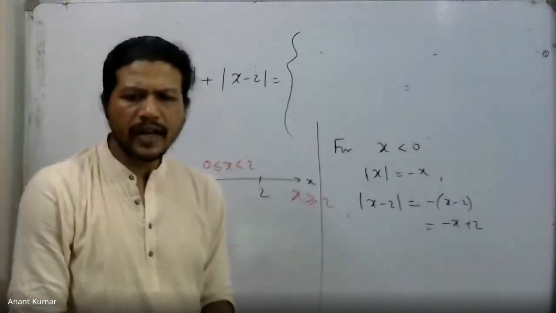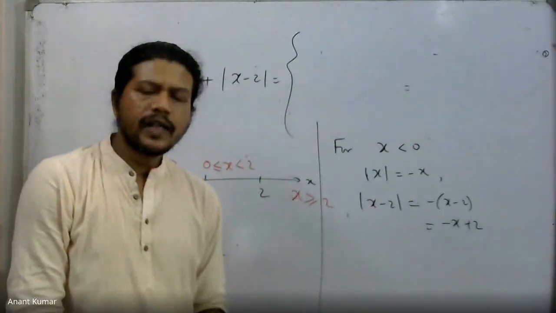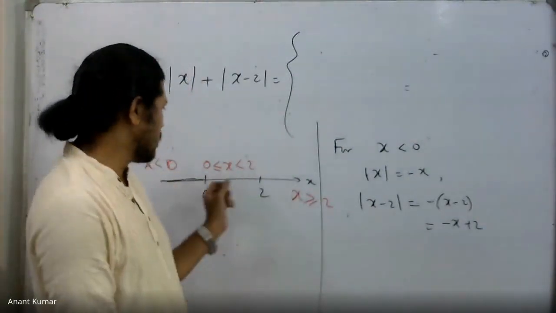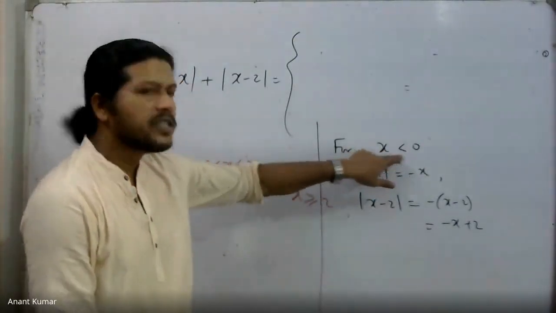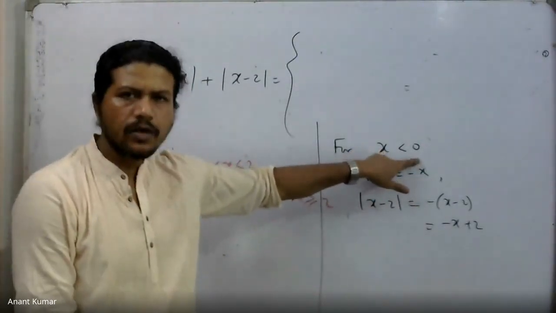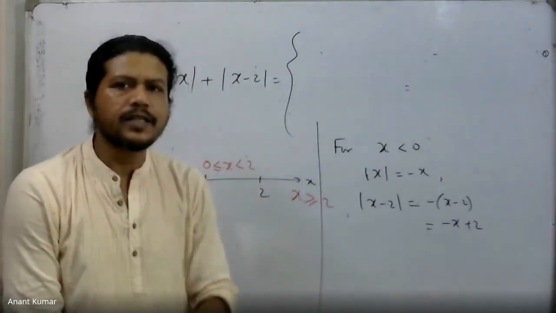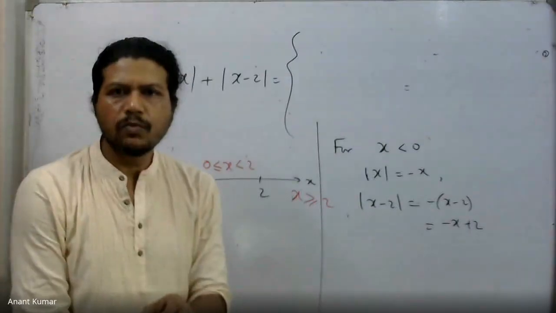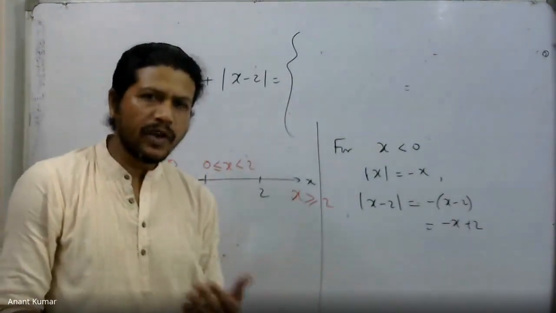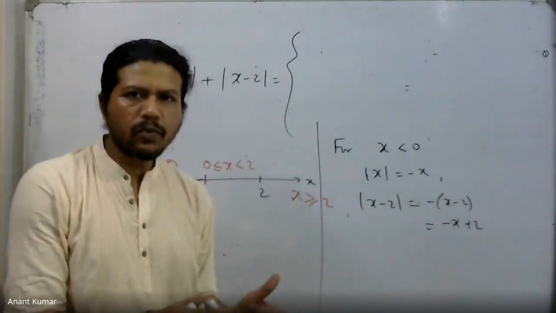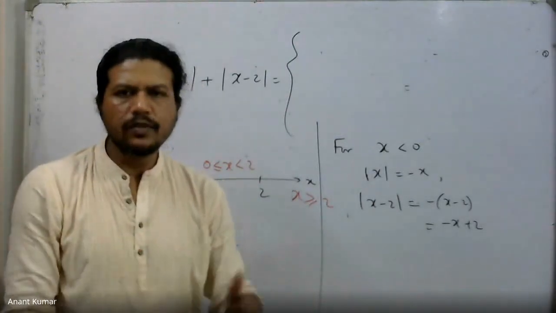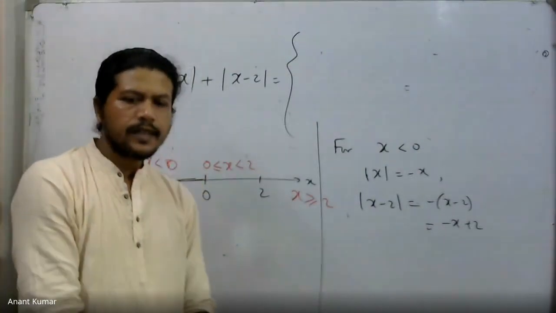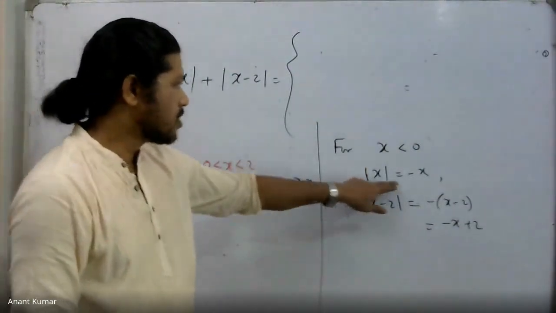Raini, you asked how mod x equals minus x. That is by definition when x is negative. If x is negative, which is the case here because I already considered x to be less than 0, then mod x is by definition minus x. I was just giving an example. For instance, mod of minus 1.5: minus 1.5 is negative, so mod of minus 1.5 becomes minus of minus 1.5, which gives plus 1.5. That is why in this case I have got mod x to be minus x.